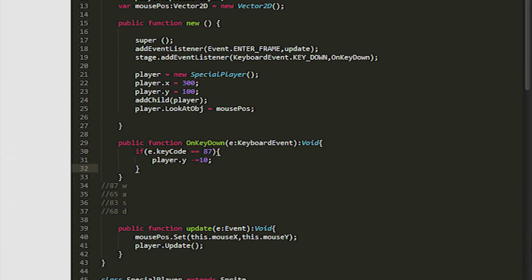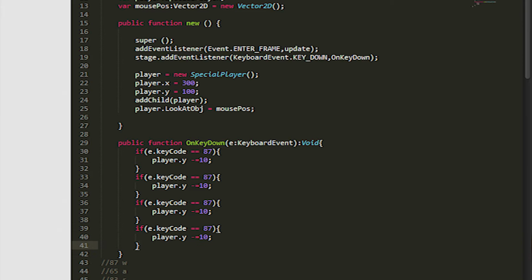listening for the rest of the keys. So we're just gonna copy and paste this because I am super lazy. We're gonna do 65, 83, and 68. And we gotta remember that this one is D, this one is S, this one is A, and this one is W. Yeah, if we wanted to, we can make these all like, so this one's gonna be X, and that one's gonna be -10, this one's gonna be Y, and this one's gonna be positive, and this one's gonna be X, and this one's gonna be